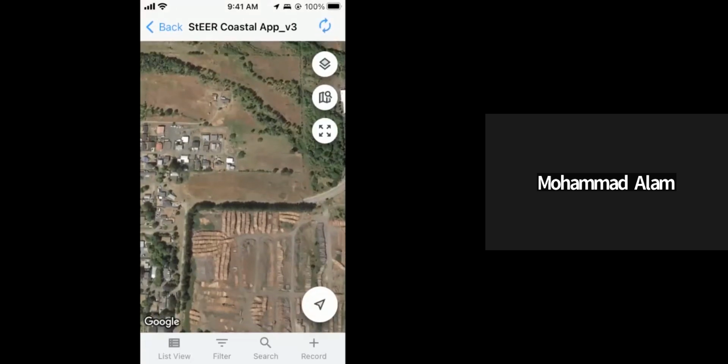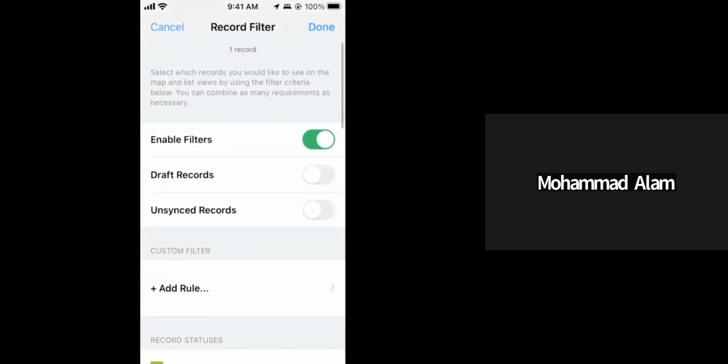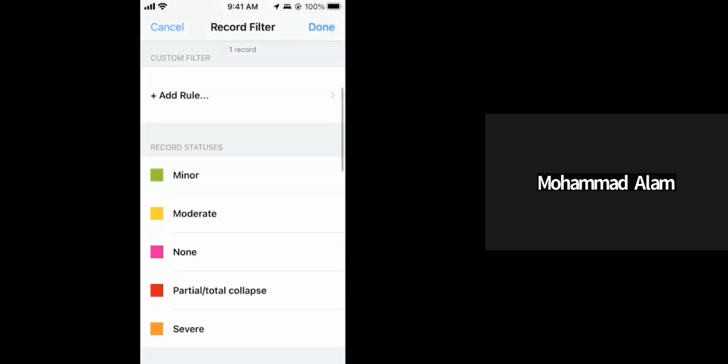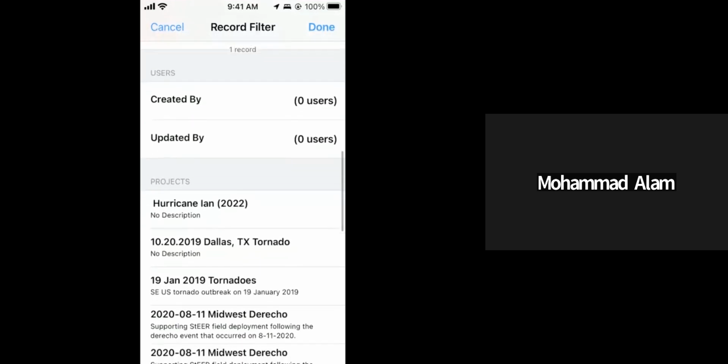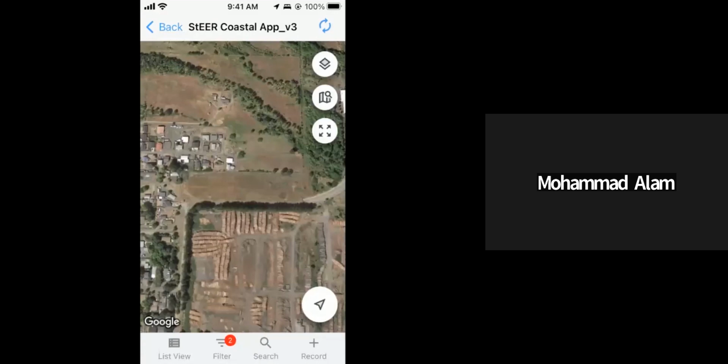Next, let's do the filter. In the filter, we will activate these draft records and then select our project. For this mission, it is Hurricane Ian. So let's select Hurricane Ian as our project. Once done,